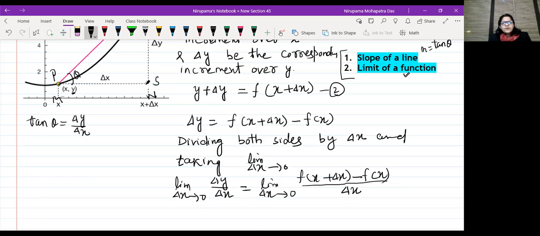Okay, so here you can observe, whenever we take delta y by delta x, delta y is change over y, delta x is change over x. And when we take limit delta x approaches to 0, it means delta x is very, very small. I mean, over a small change in x, what is the change in y? So it means we can say a rate of change